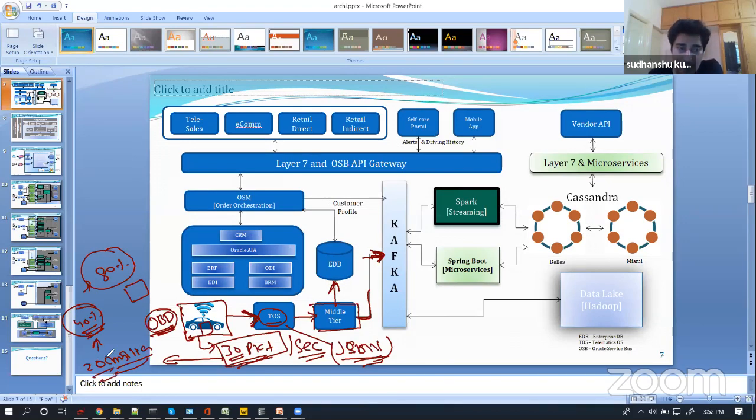So 20 million, 40% of 20 million is basically 8 million. So we are talking about 80 lakh people, or 80 lakh devices, which are active at a time, and each device was trying to send 30 packets per second. So 80 lakh into 30 packets. This is the number of packets that we were receiving in a single second